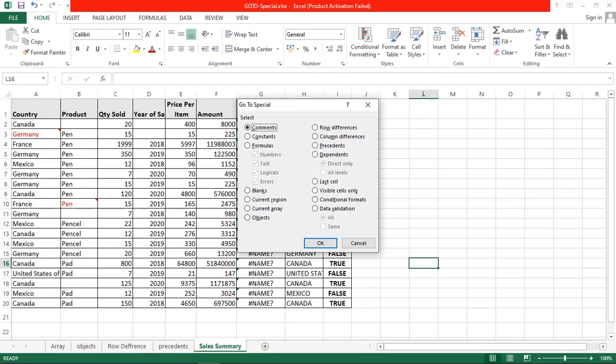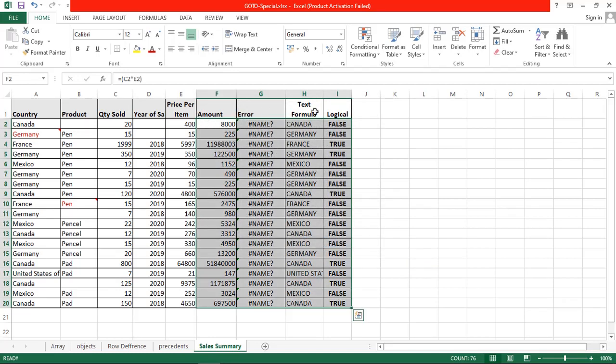We check the next one, that is Formulas. If I select Formulas, within it we have numbers, text, logicals and errors. It means it will highlight those cells which contain a formula that returns numbers, text, logical values or errors. By default all are selected. If I say OK, then four columns are selected.